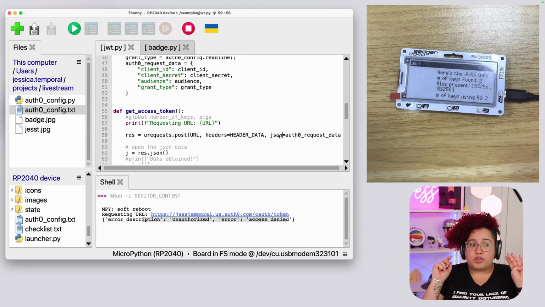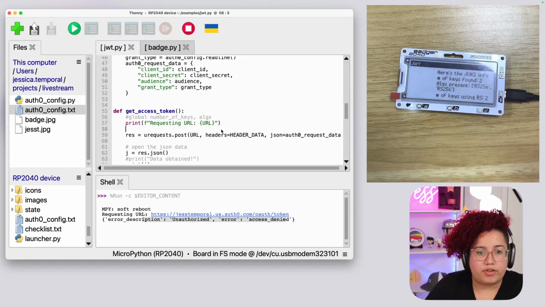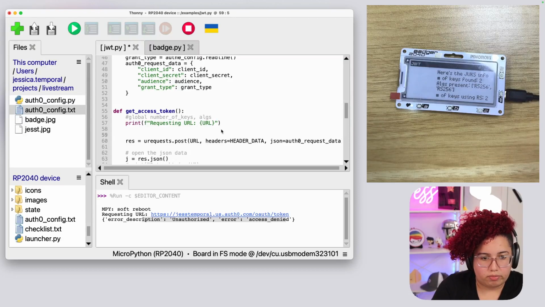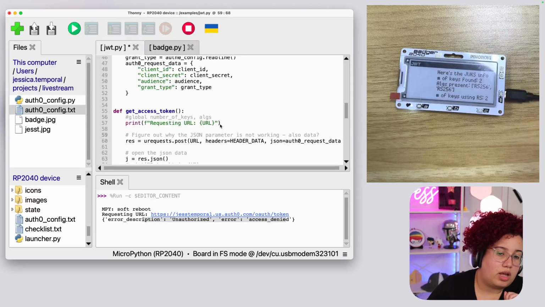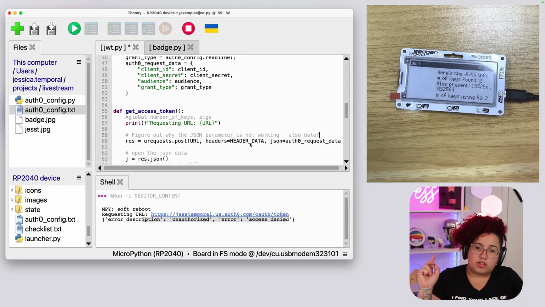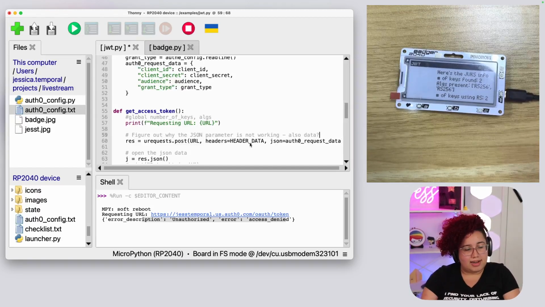So what I'm going to do, I'm going to stop right here. I'm going to add a comment: figure out why the JSON parameter is not working. As a note to myself. Since next week I'm off, when we are back online in 2 weeks, we will figure it out together. I gotta be honest though, I won't be able to sleep without figuring this out, but I don't think it's fair for me to consume all your time trying to figure this out on the live stream.